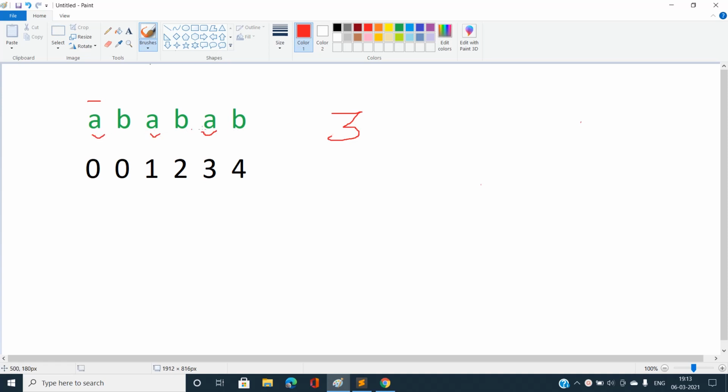And if we choose the prefix of length 2, that is AB, what are the total number of substrings that is matching with AB? You can see there are three substrings again. Now I am going to extend this with ABA. So what are the total number of substrings that is matching with ABA? 2. Okay, so I am going to write here 2. And again, if I extend this substring to length 4, ABAB, the total number of substrings is again 2. And similarly, you can find all; let us say I am going to extend this with 5, it will come out to be 1 and again 1.